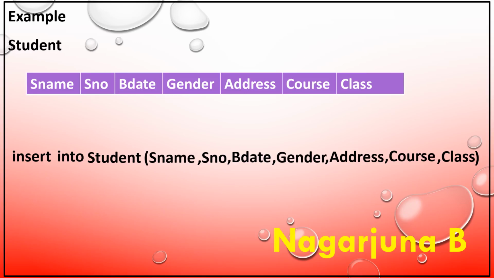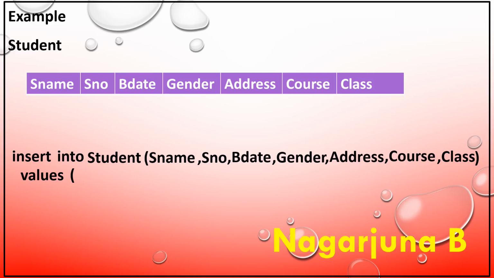After this, what do you have to write? Values. After that, open the bracket, then specify the values for Sname, SNO, Bdate, Gender, Address, Course and Class. Here I am considering the same data types which I considered when explaining the type 1 insert command.